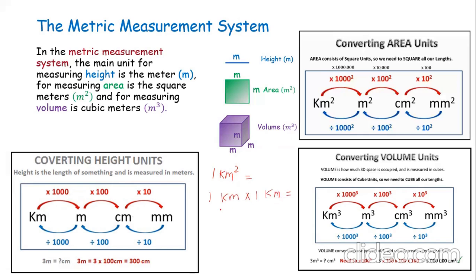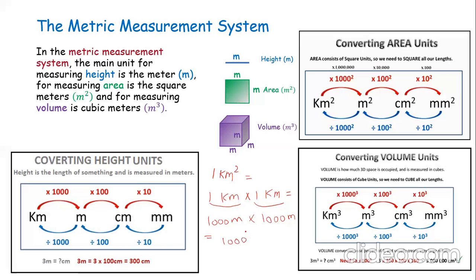If we want to convert 1 kilometer into meters, we get back to the chart for converting height units, and we find that we have to multiply by 1,000. So this 1 kilometer is equal to 1,000 meters, and again, this 1 kilometer is equal to 1,000 meters. So the result will be 1 million square meters,